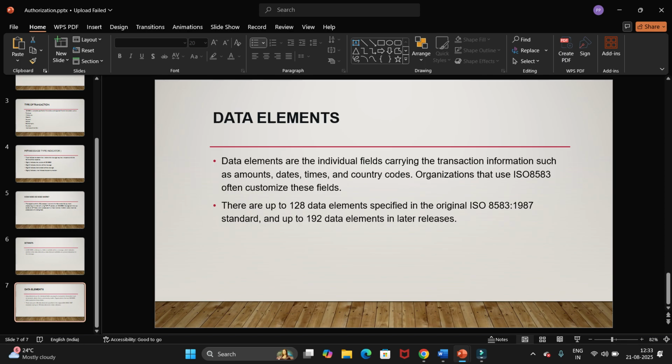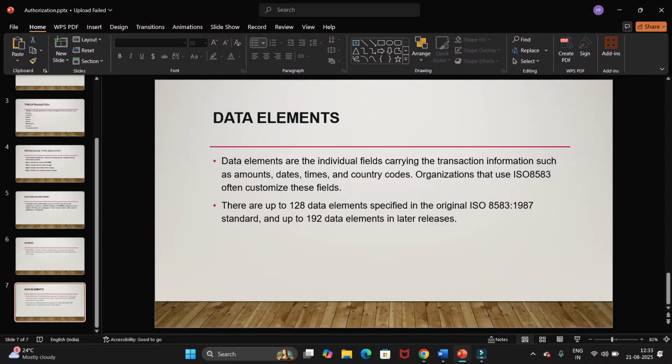This message is then sent through a series of networks to the merchant bank, that is, the acquirer bank, then to the card network, like Visa, Mastercard, or other card networks. The acquirer bank transfers this data to the card network, and finally the card network sends all the details to the issuer bank. The issuer bank performs some checks on that